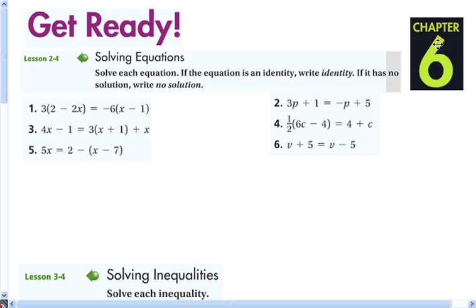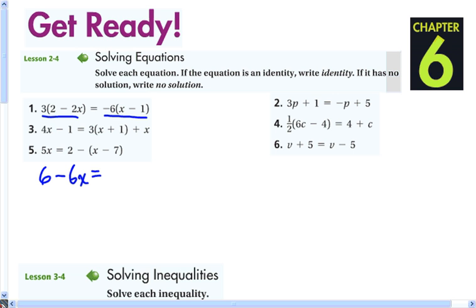Solve each equation. If the equation is an identity, write identity. If it has no solution, write no solution. I'll do a couple of these so we can be reminded what each of these are. First one, if I solve that, I'm going to use the distributive property. 3 times 2 is 6. 3 times 2 is 6. So I get 6 minus 6x